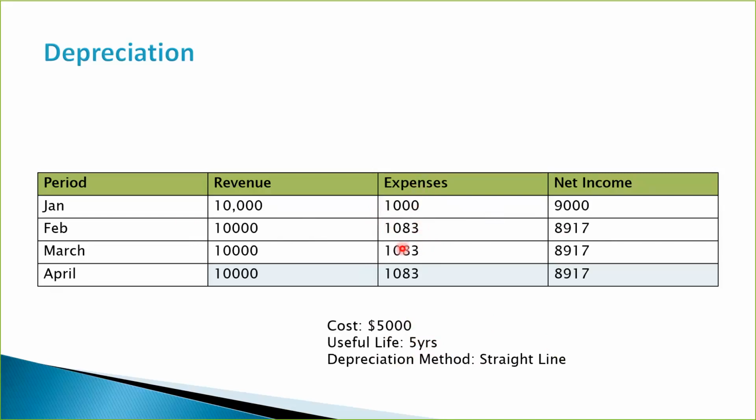So their expenses will go up only by $83, and their net income will go down just by $83. And this, assuming this is the only asset that they have or they acquire for the next 5 years, and their revenues and expenses remain the same, then their net income will be stable at 89.17 until this vehicle is fully